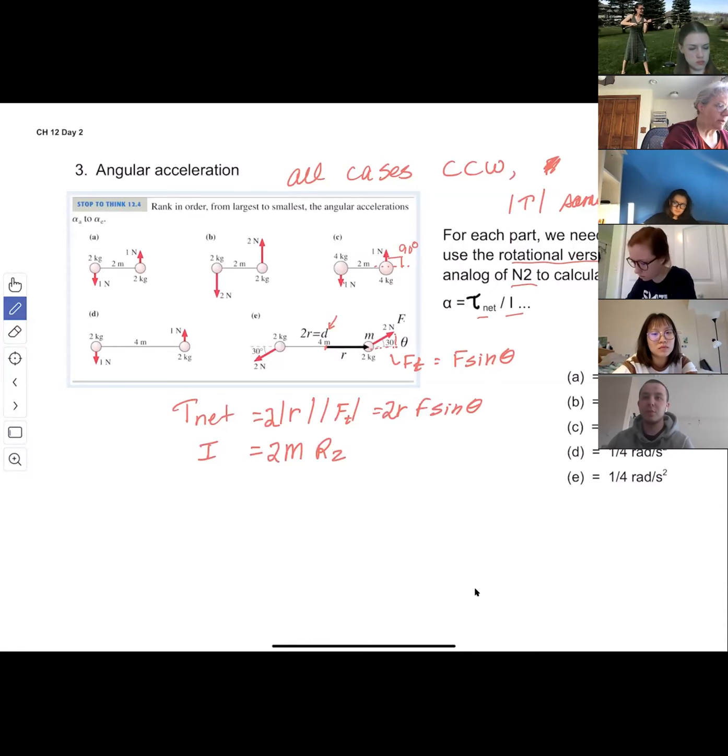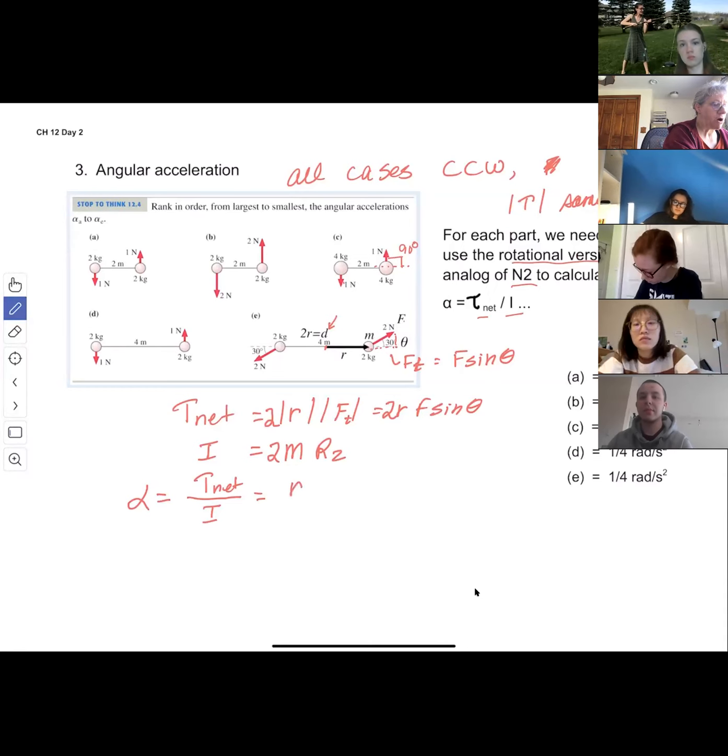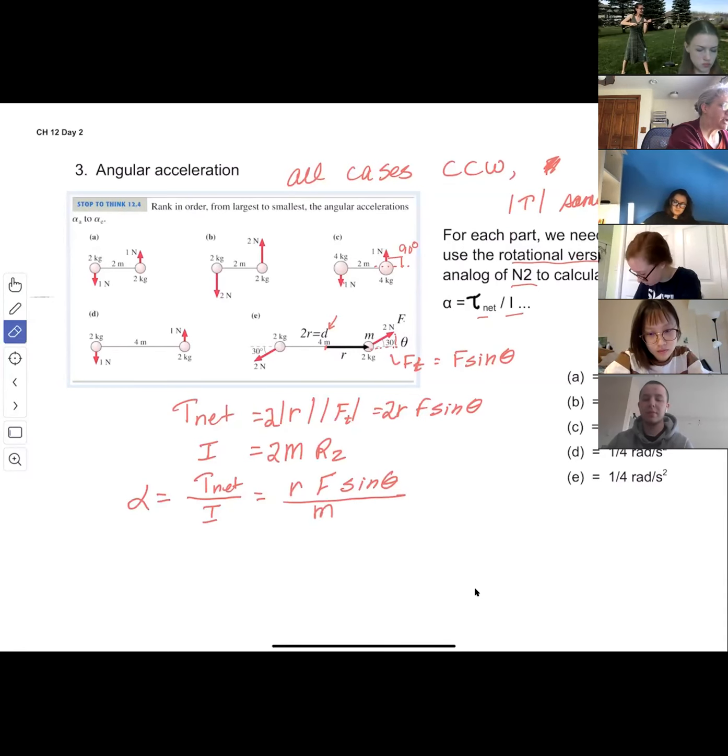So for every single one of these, we could say that alpha, tau net over moment of inertia, would be, let's see, the 2's are going to cancel, the magnitude of R times F times sine theta divided by M, and I probably should not have used capital R here, that's really small r, r squared,